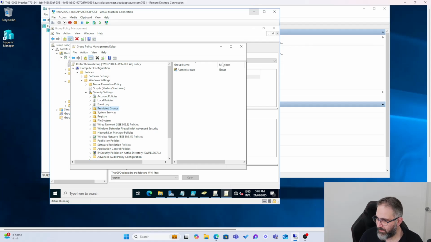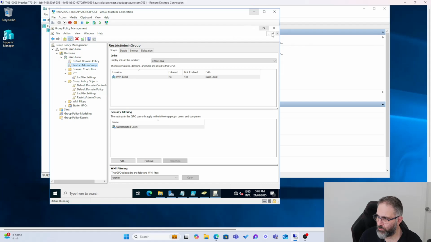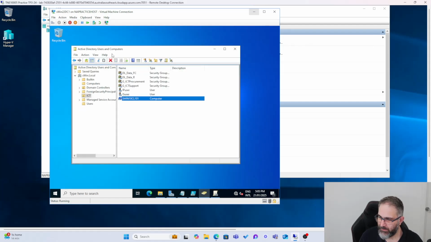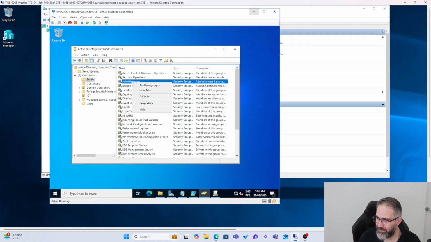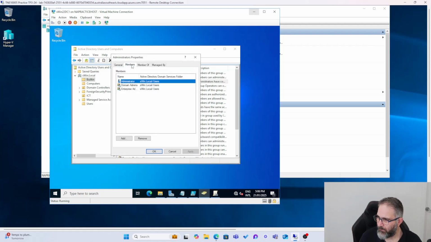Okay, so that's it for that. We'll go back to our Active Directory users and computers. And then we'll go to built-in, not bulletin, built-in. We'll right-click administrators, and we'll just have a look to see what happens here. So administrators, and then we will go to properties, members, and there's the administrator is there. So members, and then we're going to add